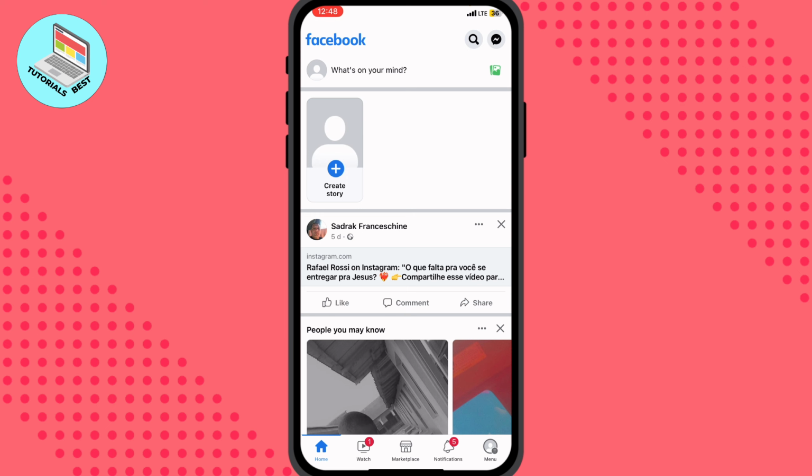Basically, make sure that you have the latest version. You can visit App Store or Google Play to make sure that you have the latest version or update your app. Then make sure that you have the internet connection. If it doesn't help, all you need now is just to open your Facebook right up here